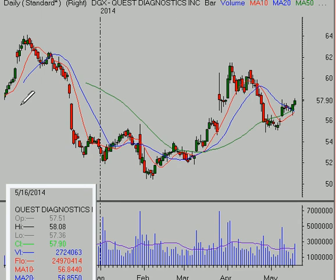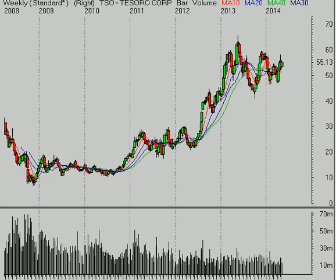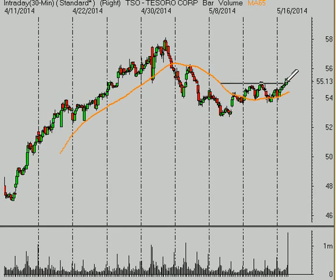At Alpha Trends today, we were looking at DGX. This one still looks like it has some room to run. TSO, this is Tesoro, it's breaking some little short-term consolidation in here, and it's got a nice-looking longer-term chart. There's the weekly. Here's a 30-minute time frame, breaking a little bit of resistance here above a rising 5-day